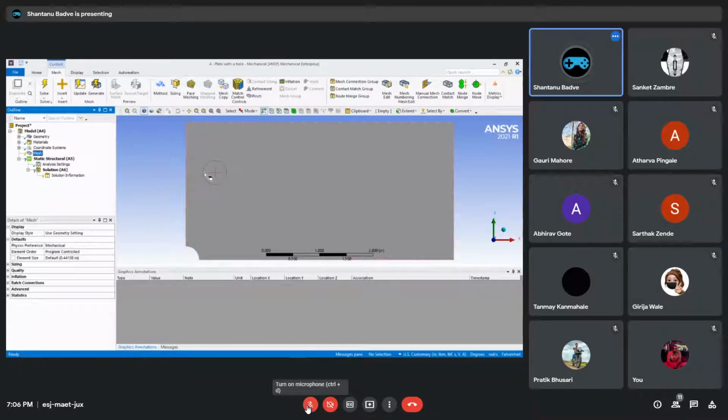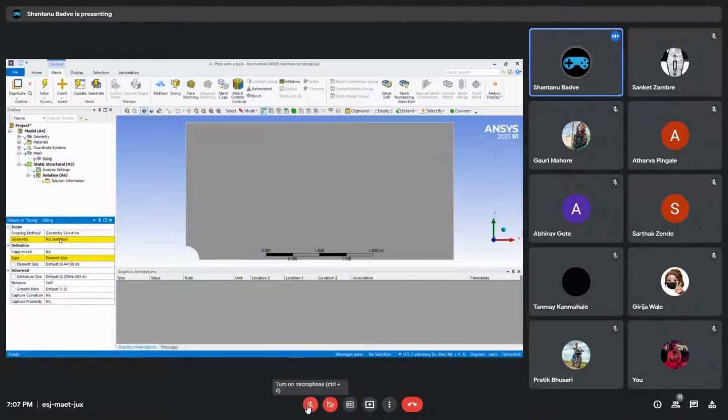The first thing that we need to set is the sizing. There are various options in here, and you can use each one of these options according to the problem that you're trying to solve. But currently we are not even going to go through each one of these tools. We are only going to go with two different tools. All right. So there is the sizing which we need. The sizing will actually define what will be the mesh size. All right, and you will know what the mesh size really does. For that, I need to click on this sizing tool.